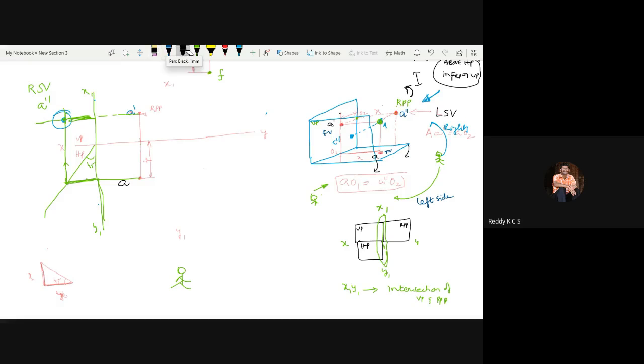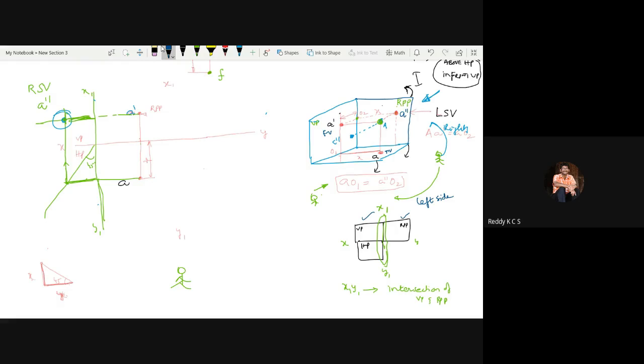See here, please have a look. As I told, this AO1, I'll remove this profile plane here, and I'll draw the right profile plane so that it will be easier for you to understand. This is the right profile plane. Now see here, I have to rotate this right profile plane in this direction, so that this vertical plane and our right profile plane will be in the same plane. It means this line will coincide. Both these two lines will be in line now.